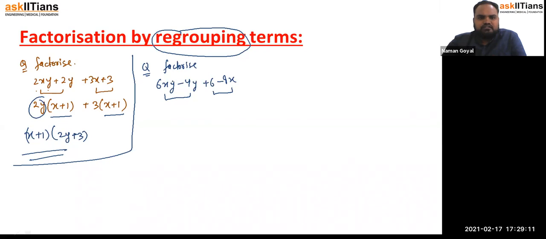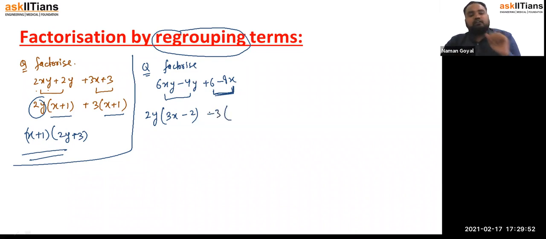Now see, 2 is with this term and with this term also, and y is also there. So we can take 2y common. If I take 2y common, what is left is 3x minus 2. Now the coefficient of x in these two is negative. To make it positive, we have to take the negative sign common, so we take minus 3 common. Then this quantity becomes plus 3x, and this plus 6 becomes